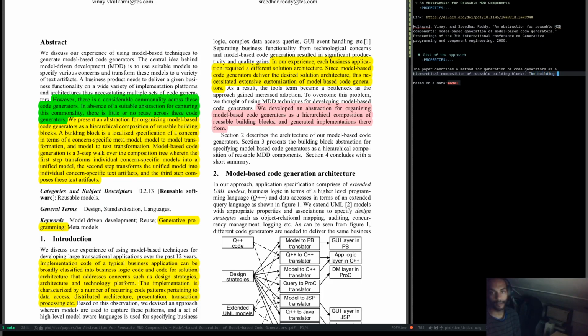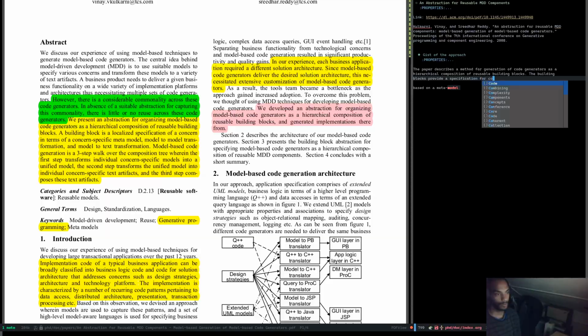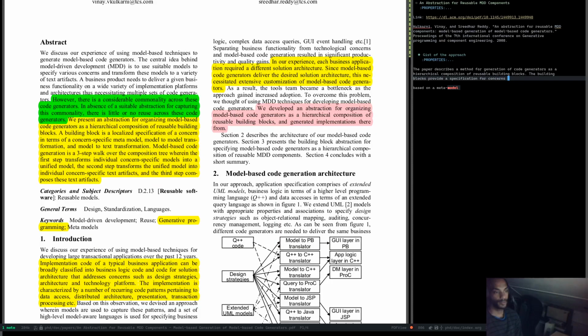The building blocks provide the specification for concerns. So a building block is a localized specification of a concern in terms of a concern-specific meta model. So the concern-specific meta model, so a building block is a localized specification for a concern specific